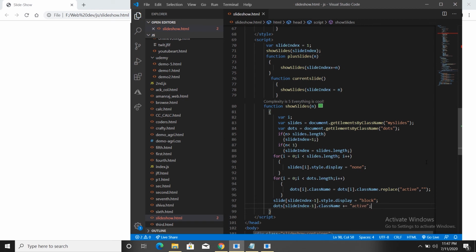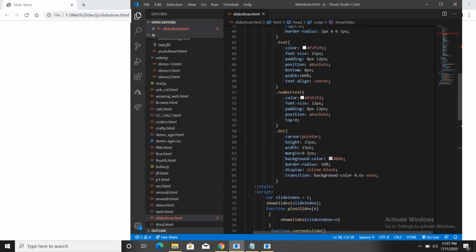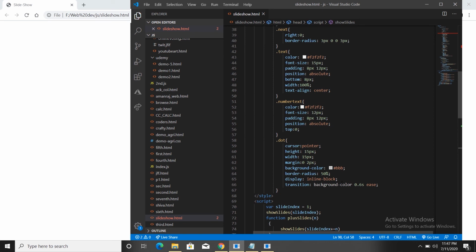Now I had introduced one more class name as active. That means when I press those buttons, I should replace the class name from MySlides to active. Now I have to define the active part here.